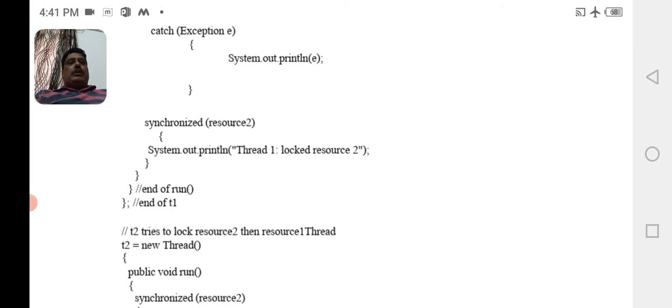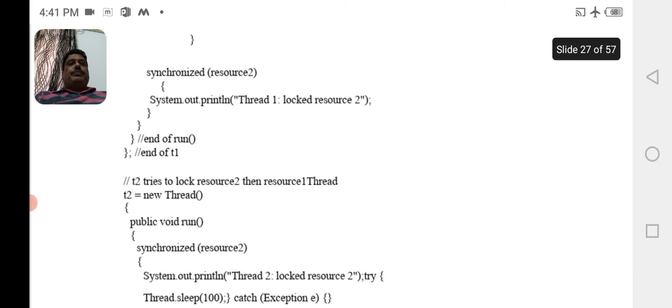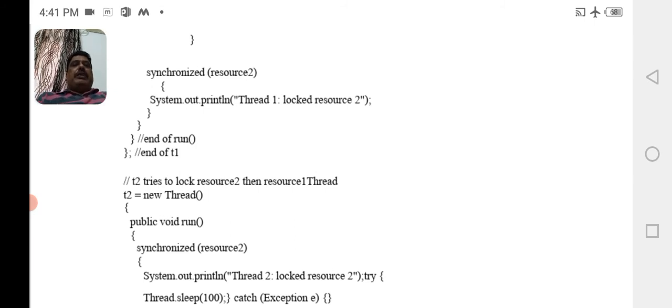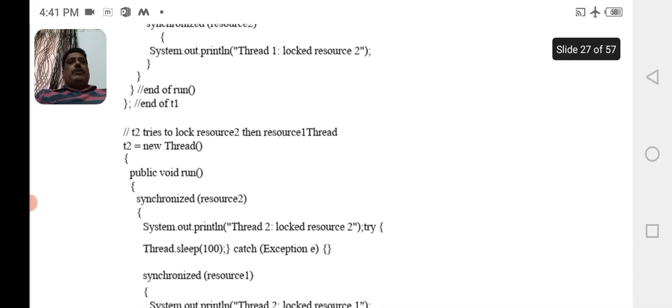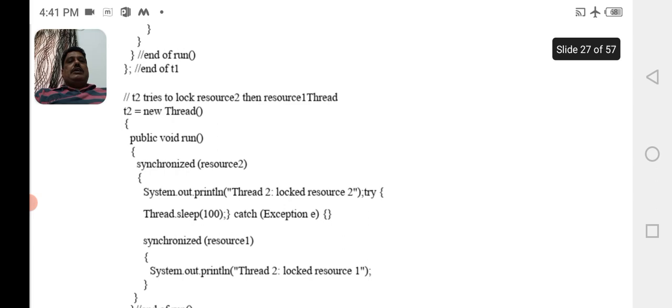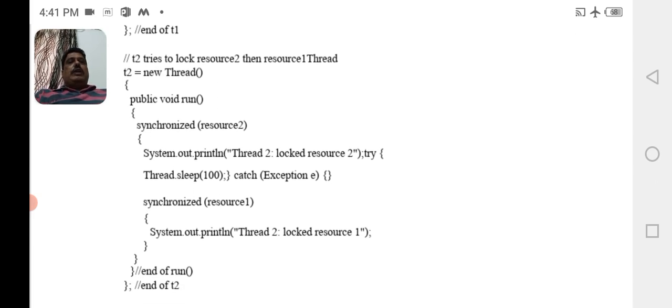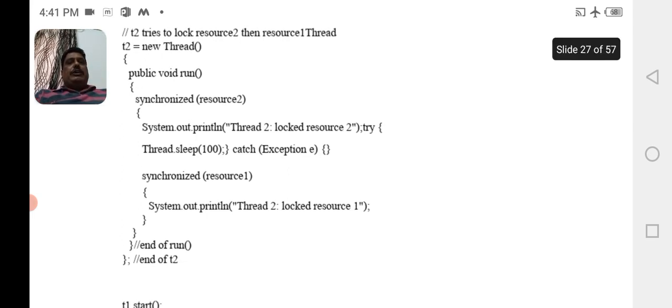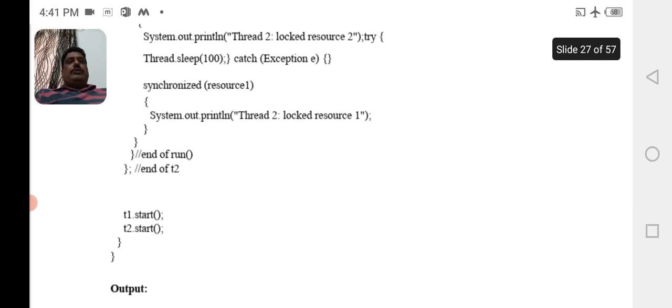T2 tries to lock resource 2, then resource 1. Thread t2 = new Thread() { public void run() { synchronized (resource2) { System.out.println("Thread 2 locked resource 2"); try { Thread.sleep } catch (Exception e) { } synchronized (resource1) { System.out.println("Thread 2 locked resource 1"); } } } }; End of run, end of T2. t1.start(); t2.start();